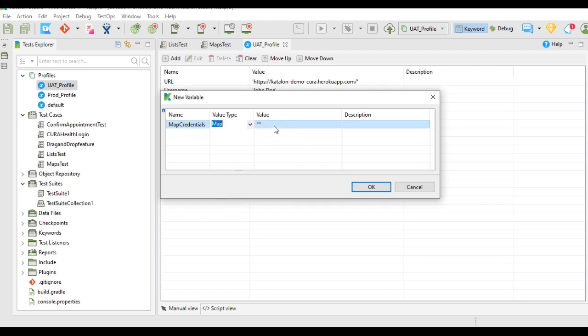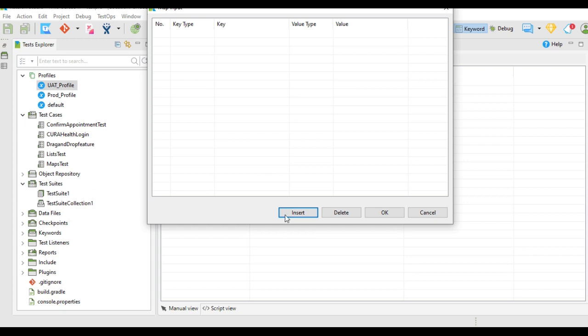After selecting the value type, I will click on value and click the insert button. After clicking insert, it will give me key type, key, value type and value. As I already explained, a map consists of key and value pairs. So our key type will be string. I will enter the key as username. Our value type will also be string and I will enter the value as the actual username.